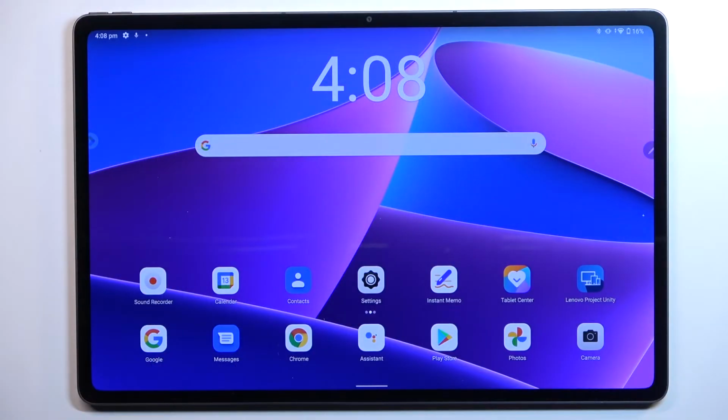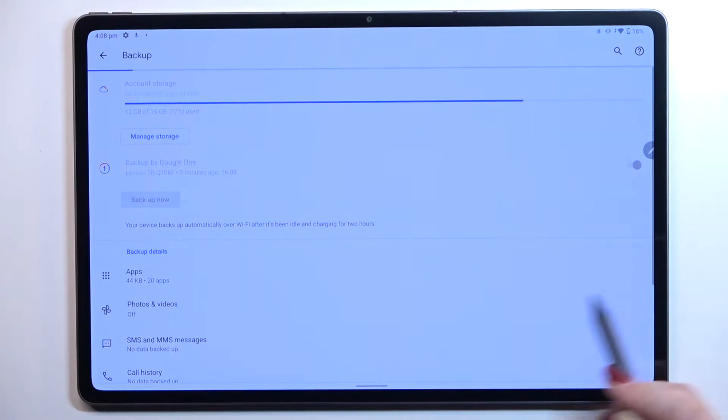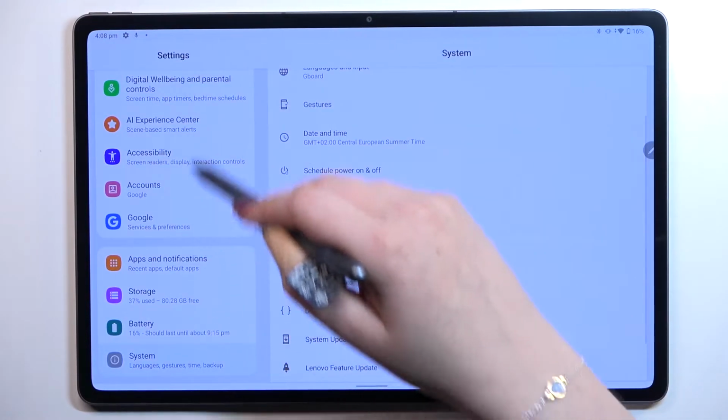Hi everyone, in front of me I've got LENOVO Tab P12 Pro, and let me share with you how to change date and time on this device. So first of all, let's open the settings, and here in this left section we have to scroll down to